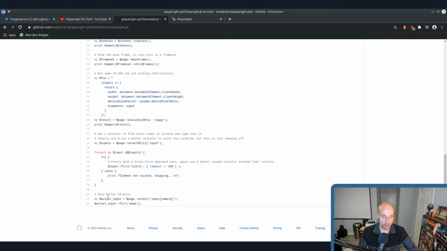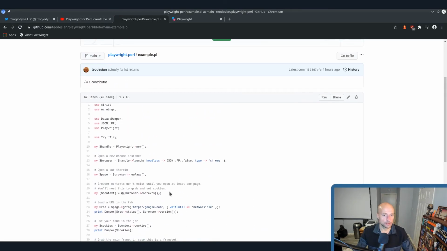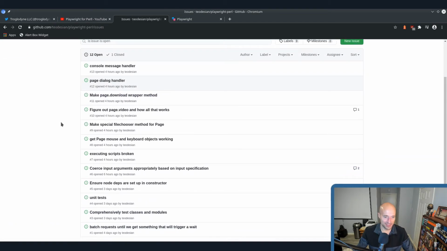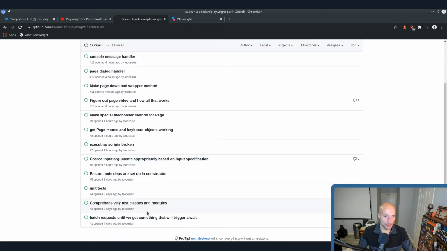And then other than that, you can use your normal selectors, you can type into them, and it all works great. So the things that are next is going to be, let's look up the issues here. So as you can see, I've got a little bit of a backlog here. Aside from testing and things like that, the things that are probably the stuff I'm going to hit next is